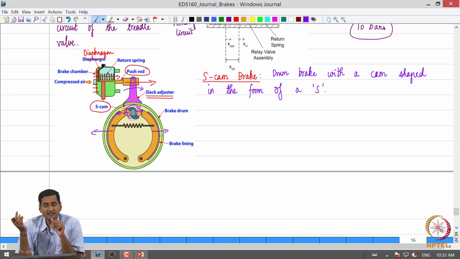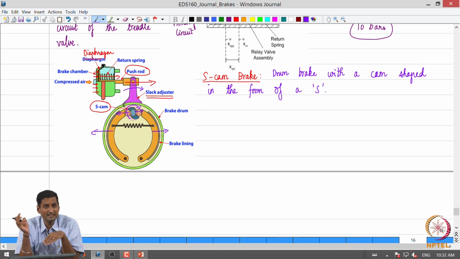The first reason is that a heavy vehicle has more mass compared to a passenger car. If you want to brake a heavy vehicle at the same deceleration, the braking force should be larger. I am sure all of us can agree to that, because m times a would be higher for the same a for a heavy vehicle as opposed to a passenger car. So we need to generate a larger braking force.